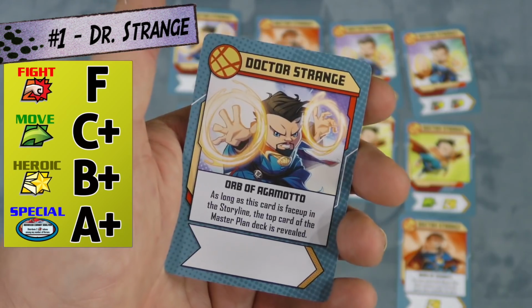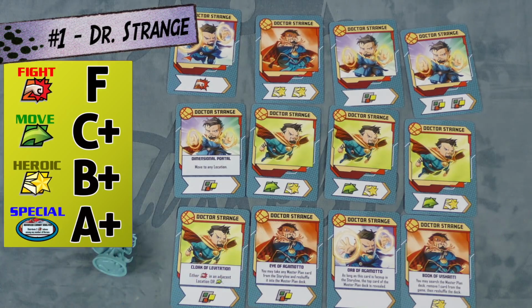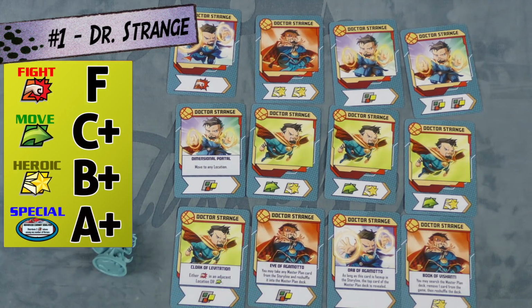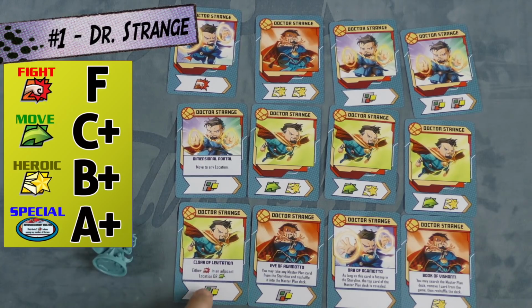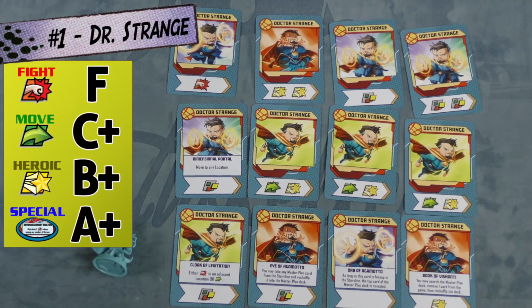If you draw this in turn 1, you're playing this in turn 1. Oh my word, it's so good. Here I can search the Master Plan card, remove a card from the game. Here I can take any master plan card and reshuffle it into the master plan deck, putting a weak card back in, move to any location, and then you can either attack an adjacent location or move. This one's probably his weakest special card, but still,